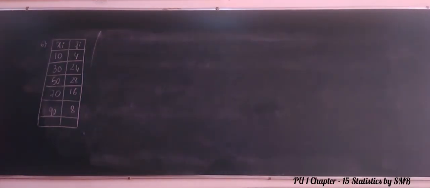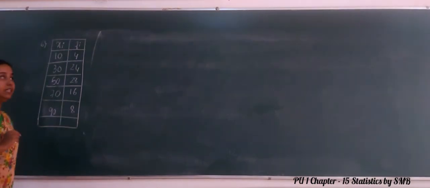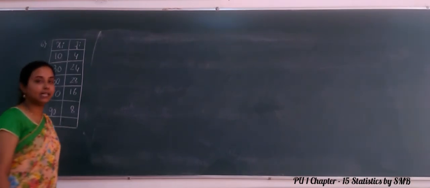Good morning students. As you can see on the board, it is the same problem that we had done in our previous class, and we will continue now in this session. We had already solved the fifth problem, which was discrete data, and we had already calculated the mean deviation about mean. In the same way here also, we will calculate the mean deviation about mean for this given discrete data.